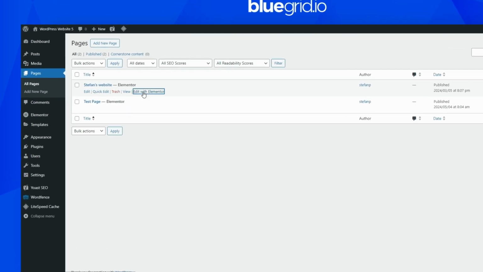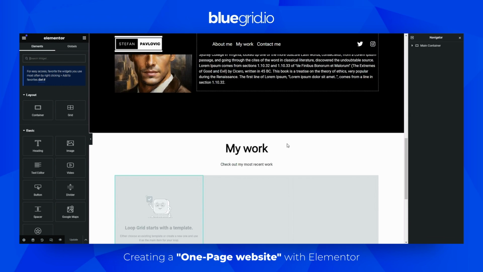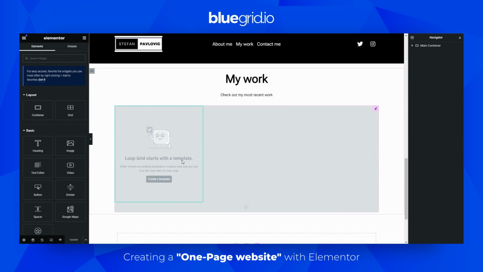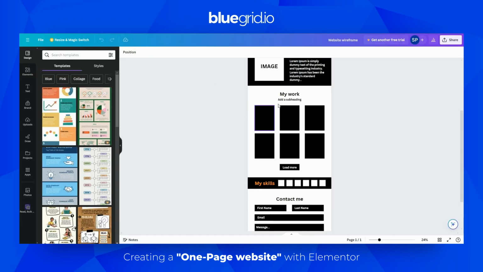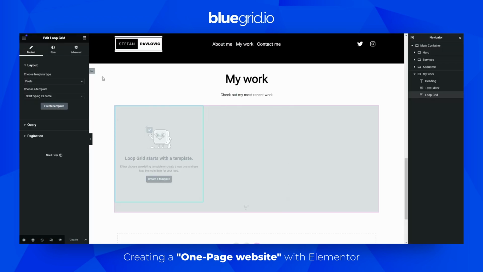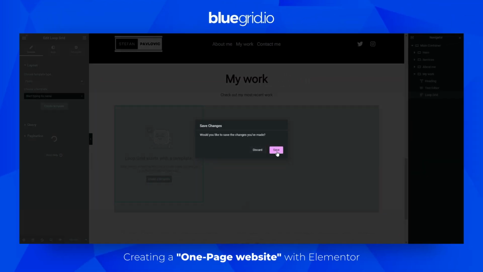So let's go back to edit the home page. We're gonna continue following our wireframe. Now let's scroll down to My Work. Now, as I mentioned, we are using loop grid. Now we need to create the template, the template that will display these posts or these portfolios. Now, let's click Create Template, click Save,